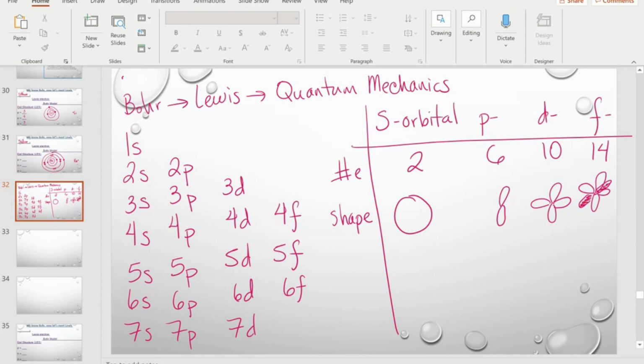So we're going to use this information to place our electrons in more specific locations. Think about how we went from the periodic table to drawing our Bohr models to drawing our Lewis dot structures. Now we're going to take that and make them even more clear using our electron configuration. And that's going to be in the next